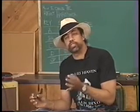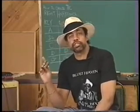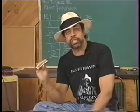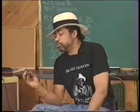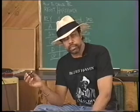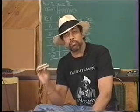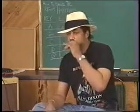Okay, first position is very simple. You play the harmonica in the key that it is built in. So if you have a C harmonica, you are playing in the key of C. If you have an A harmonica, you are playing in the key of A, and so on. Okay? So, the easiest way to understand first position is to play melodies. Okay? Usually when you play a melody, you are playing in the key that the harmonica is built in. You know, for example, as I illustrated earlier,